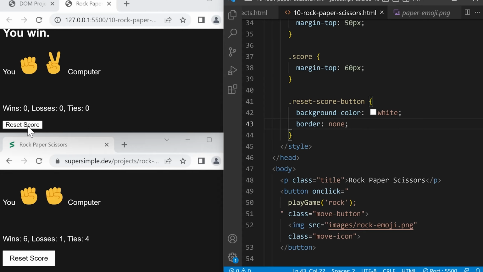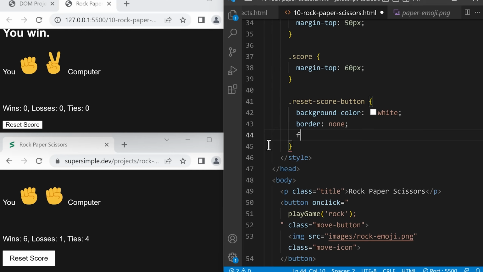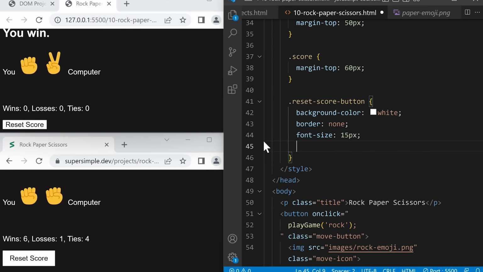And then let's increase the size of this text because the final design looks a little bigger. So we'll add font-size: 15px and save. Now let's add some extra space on the inside of the button. So that's padding